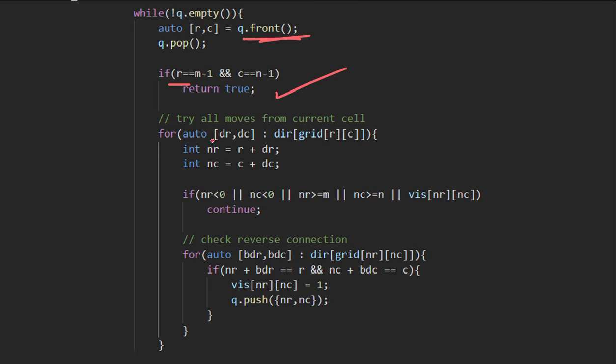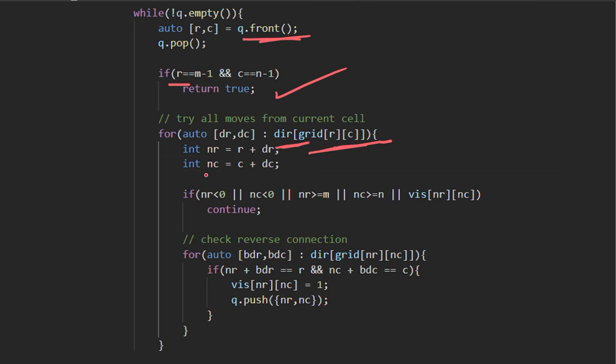But if it is some other cell, then we check the direction. So first, to find the direction, we look at grid of r and c. It will give us the direction present at that particular cell in the grid. Then dir of that cell will give us the movements for that particular cell.